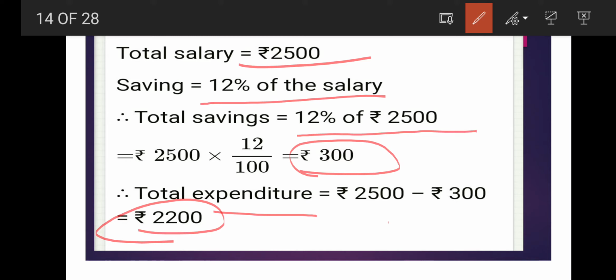Okay, so please write in the copy as I have done it here. Clear? Don't make any difference. Write exactly, you will get full marks. Now the next